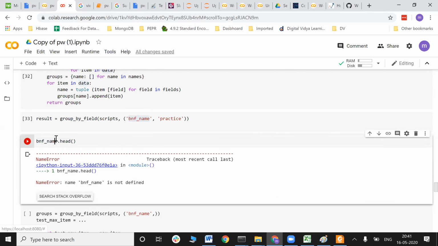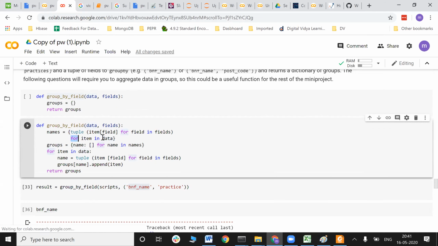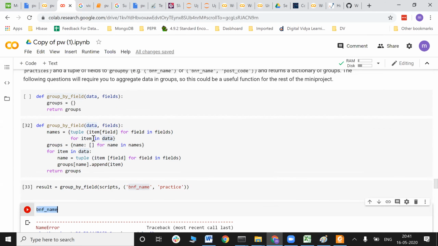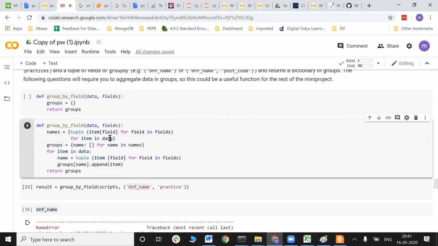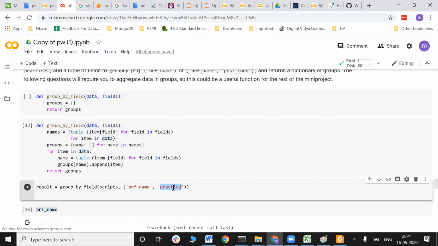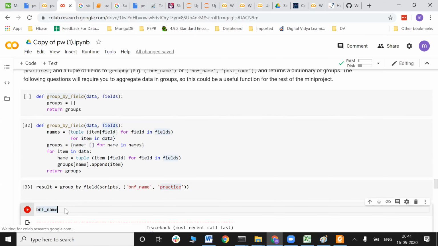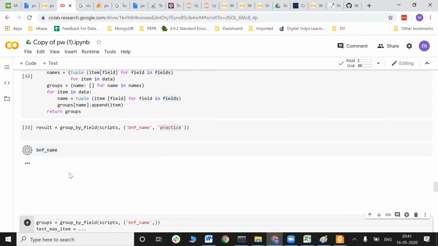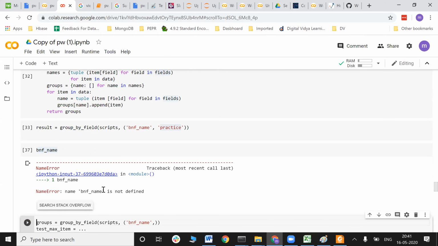So BNF name is my data right now. So for every item in my data, I'm going to go through every value of my BNF name. Then in that item, I'm only going to fetch the fields, these practices, every field in my practice. So if I just open this for you, there will be something named practice.